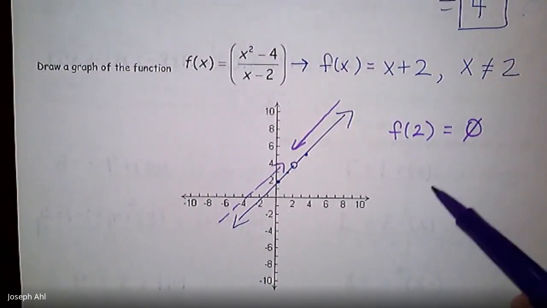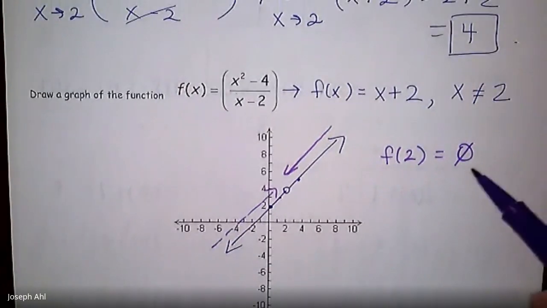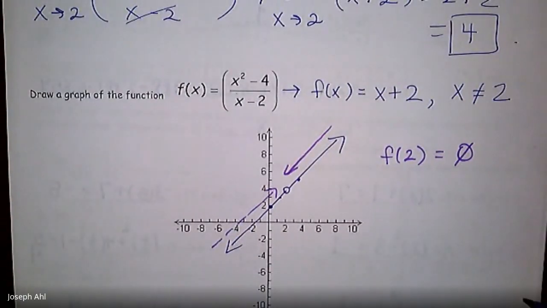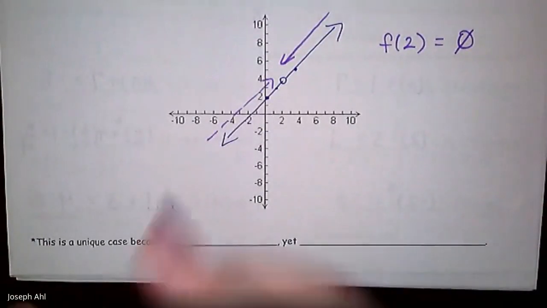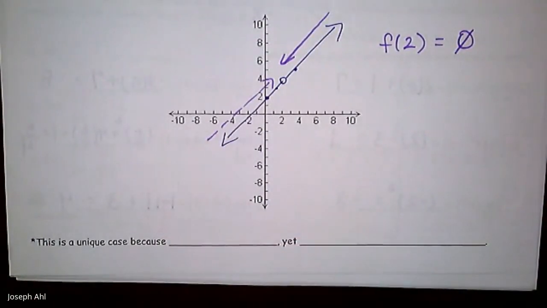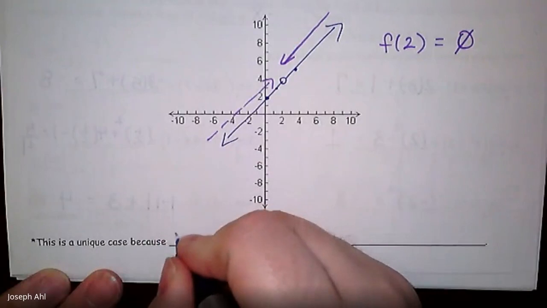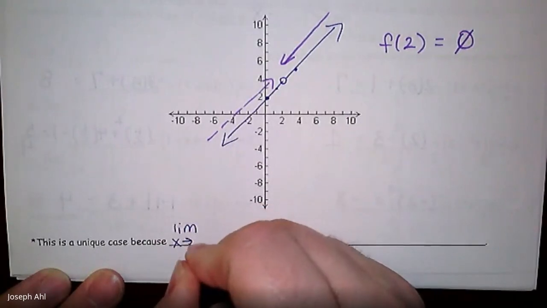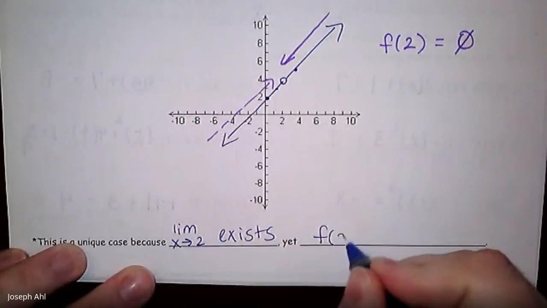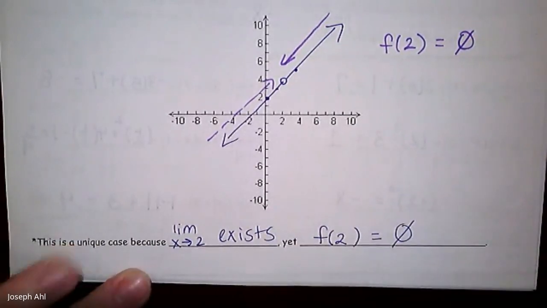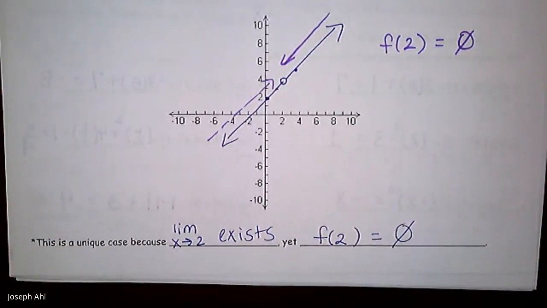In a lot of cases, will they be the same number? Sure, for continuous functions, that's going to happen. But you'll notice in this scenario, those two things actually don't match. Okay. So that's exactly what I'm going to say here. It's a unique case because the limit as x approaches 2 exists, yet f of 2 does not exist. f of 2 is a value of the empty set. And for those of you that